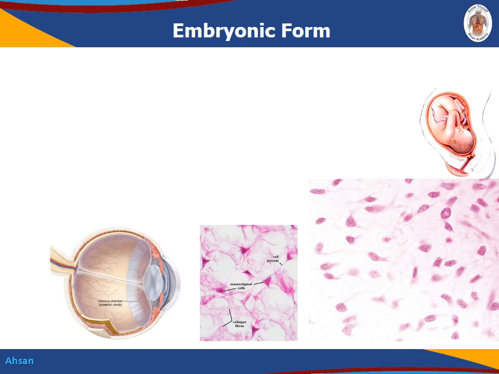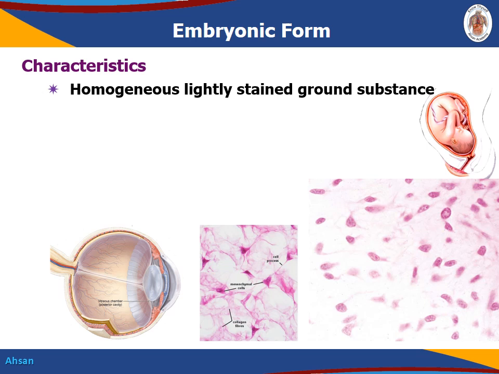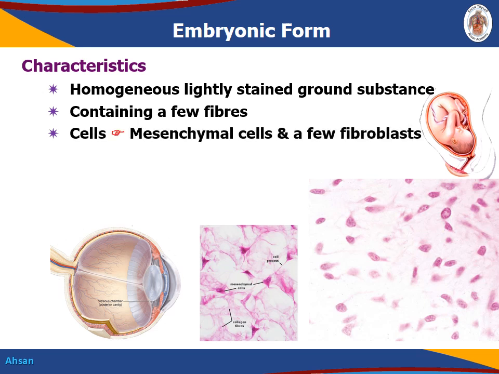The embryonic form of connective tissue is present after birth also, and it is characterized by the homogeneously light stained ground substance containing a few matured fibers, and the cells are mainly the mesenchyme, means these are undifferentiated cells. I have already discussed, but some of them have differentiated into fibroblast that exist in the tissue, and